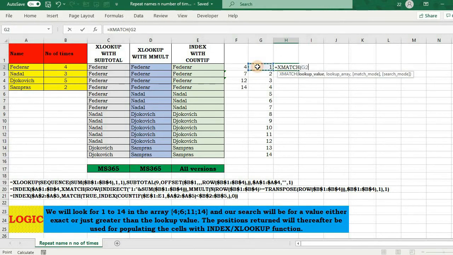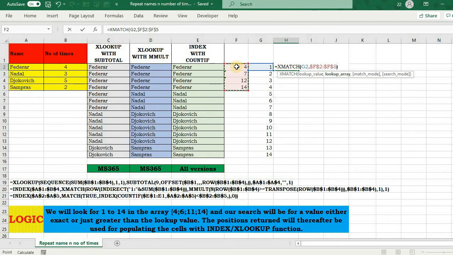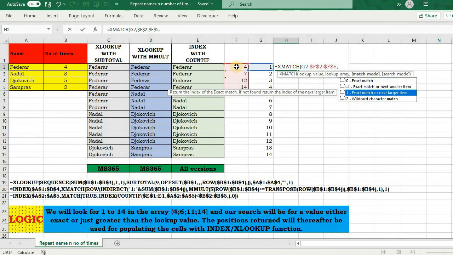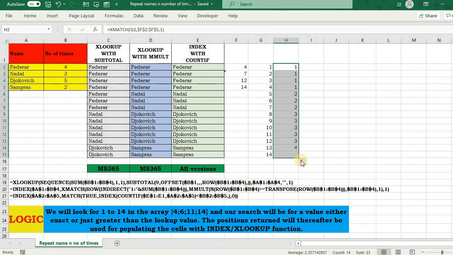I'm looking for 1 to 14 in the array that I have just formed, and my search is going to be exact match or the next smaller item, and you can see what it returns. It returns me 1, then 1 again. I searched for 2, it was not there, it again returned me 1.